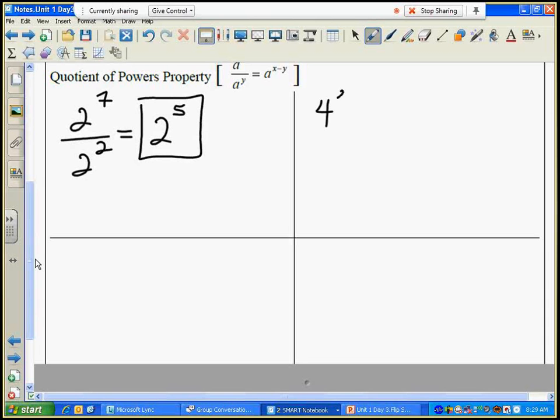Second example. 4 squared divided by 4 to the 5th. Okay, same base, so we can subtract their exponents. But here we've got 2 minus 5. Well, 2 minus 5 is